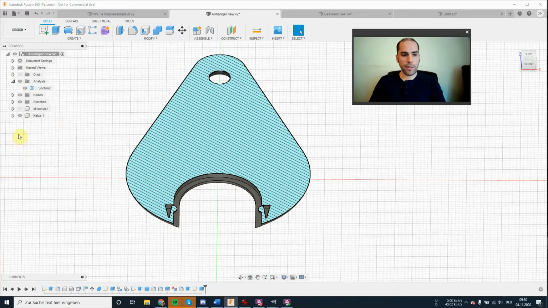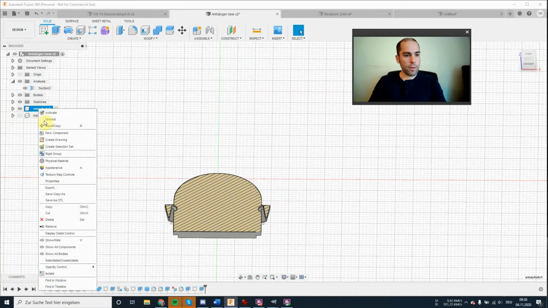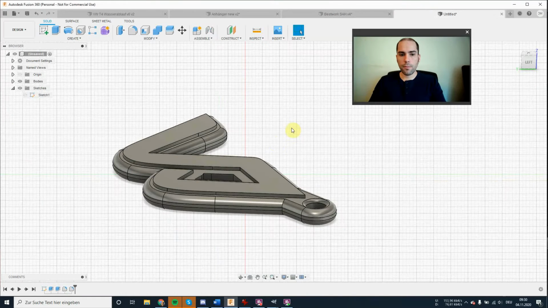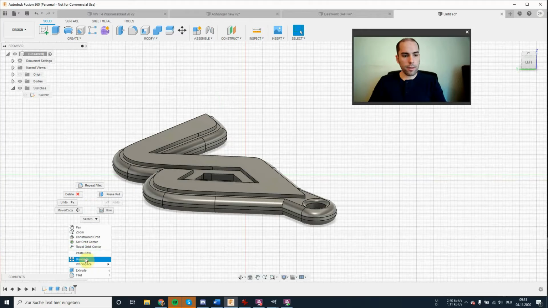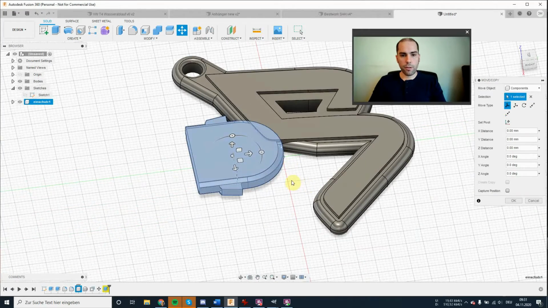A tool body is a body that you use to combine with another object to make a cutout or to add something. It's called Einschub in this example, and we're going to copy it and paste it into this file like so.